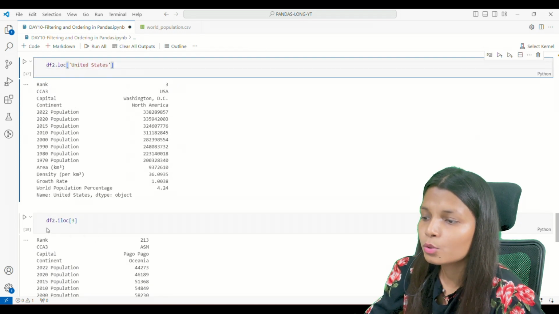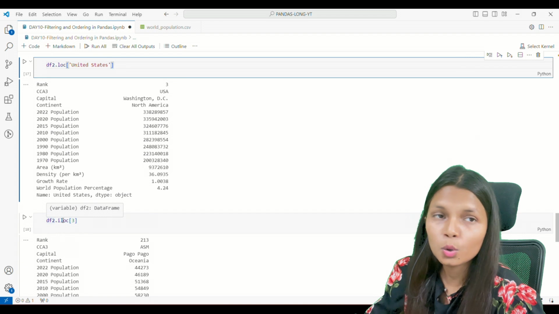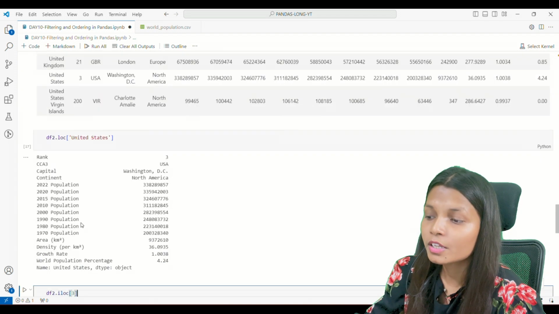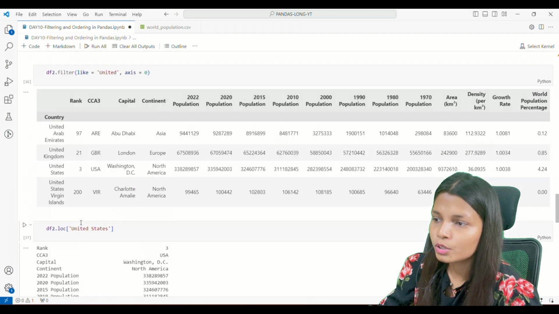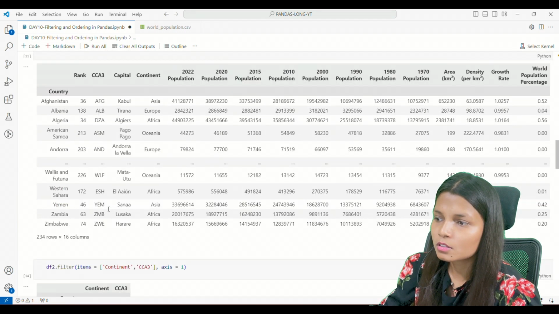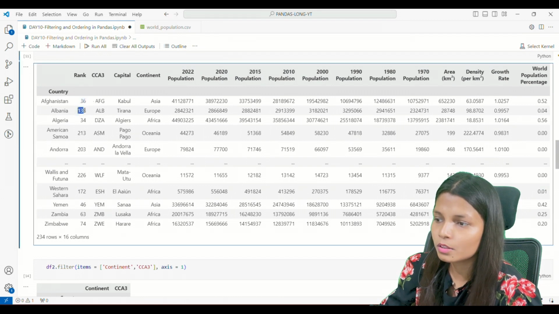Now I am trying index based locating using brackets. In the bracket I have written 3. So I will show you the original data. Yeah, if you can see over here, this is 36, 138, 34 and 213. 0, 1, 2, 3.